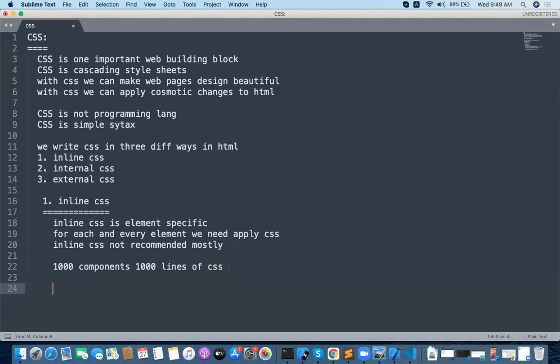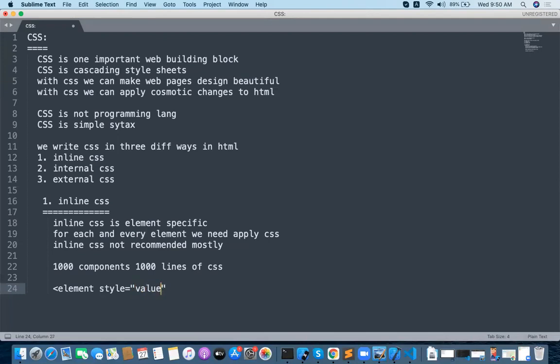This is element specific. Whatever element you are writing, you need to write it with a style attribute. Style is a very important attribute to write inline CSS, and an attribute is nothing but a property of the element. So you write a style attribute and write your values inside it.